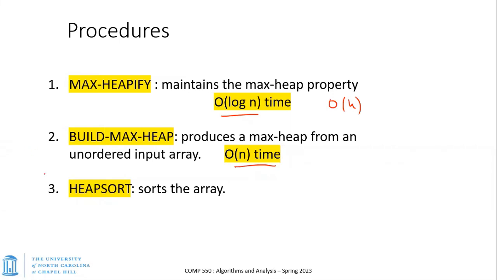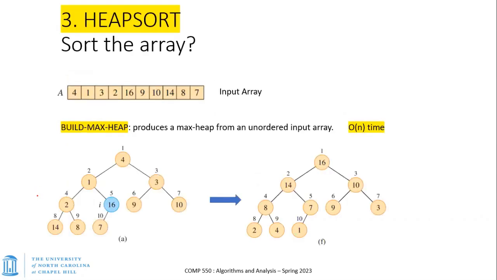Okay, so the next thing that we need to do is look at the actual heap sort algorithm. So now the question is, how could we sort this input array? We've been able to use build max heap, and we have been able to take an array. Let's say this is an input array which is unsorted. We've been able to convert it into a max heap. So now 16 is at the top, and it's bigger than its children, and so on, as the heap